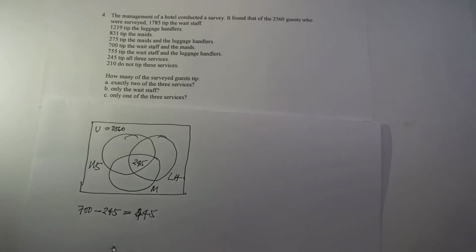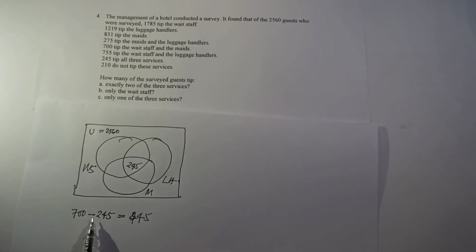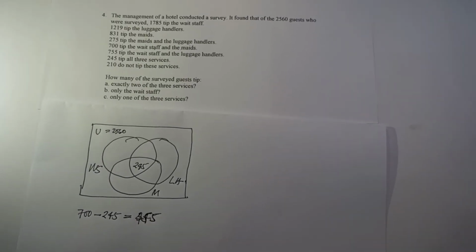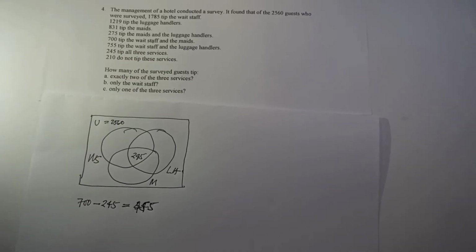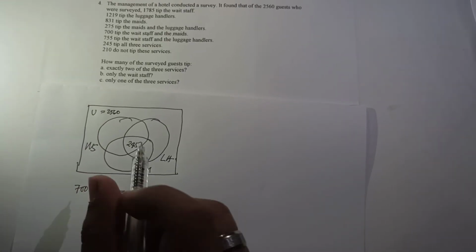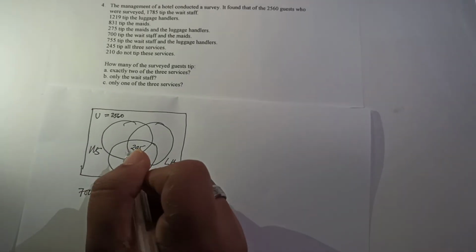Okay, so we have again 700 minus 245, that is 455. Correction, that is 455. So 700 minus 245 is equal to 455. So that is for wait staff. Okay, wait staff and maid. So 455. So wait staff and maid. So this is